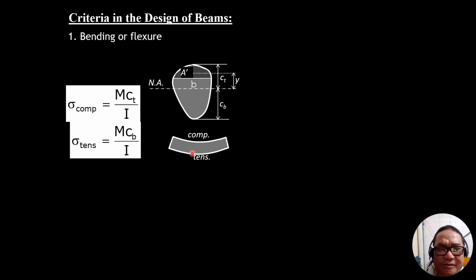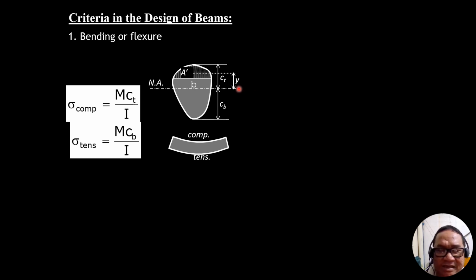Next, we have to consider in general an area to be considered. So this is the section area above or below the neutral axis. In this representation, I consider an area denoted by A prime, which is above the neutral axis, but not necessarily beginning at the neutral axis. This is just above the neutral axis, and the centroid of that area is located from the neutral axis a distance of y.